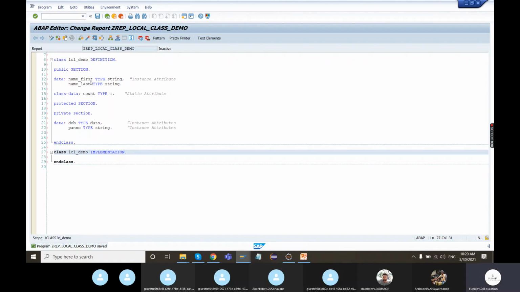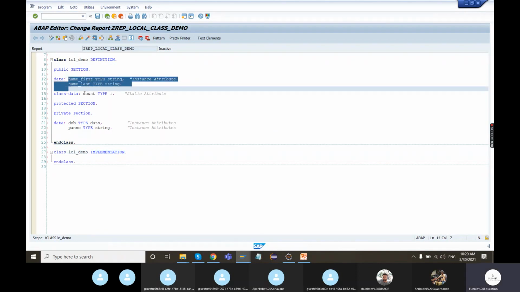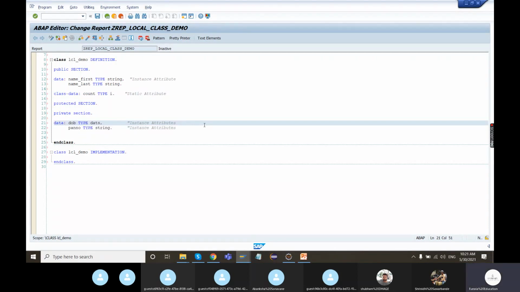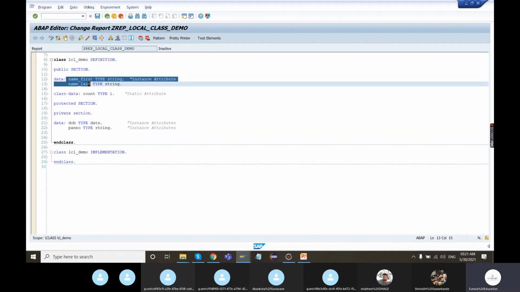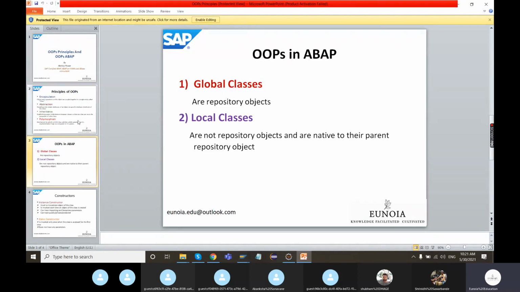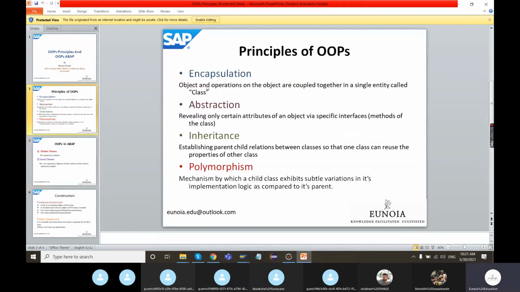So what we have defined here is the data that is to be manipulated inside the class. We have not defined the methods by which we are going to manipulate this data. अभी के लिए we have just defined the data that belongs to the class. We are trying to understand encapsulation and abstraction. The definition of encapsulation was somewhat like this: objects and operations on the objects are coupled together in a single entity called class.